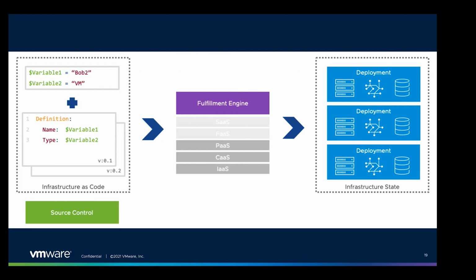It knows how to communicate with various infrastructure endpoints, and if you were, say, defining a virtual machine, it would hopefully know how to present that virtual machine and create a virtual machine in EC2 or in vSphere or in GCP or in Azure. It should be providing a translation between what we're asking for and what we're getting in the end. And what this lets us do, once we've got our state defined and specified in infrastructure as code, it allows us